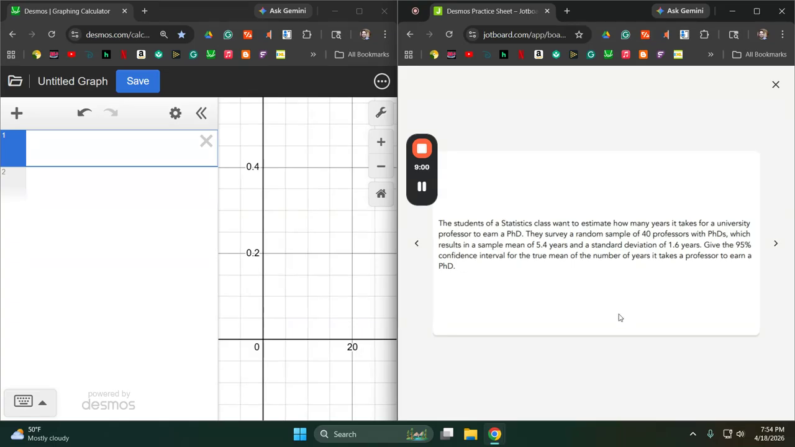The students in a statistics class want to estimate how many years it takes for a university professor to earn a PhD. They survey a random sample of 40 professors with PhDs, which results in a sample mean of 5.4 years and a standard deviation of 1.6 years. Give the 95% confidence interval for the true mean of number of years it takes for a professor to earn a PhD. So we have a one sample